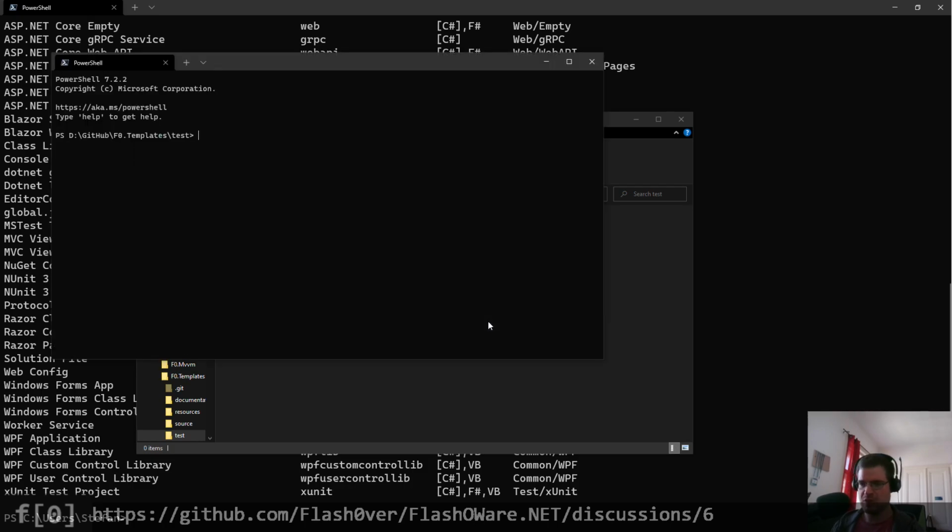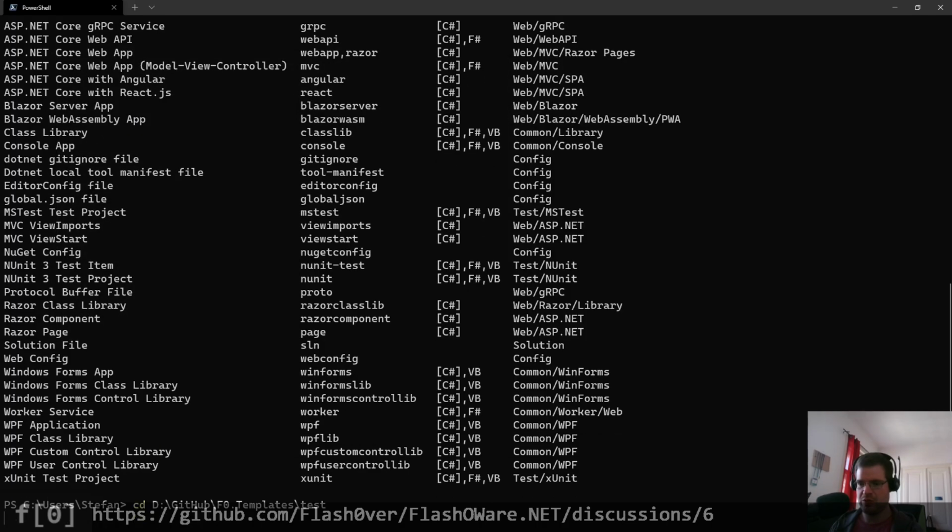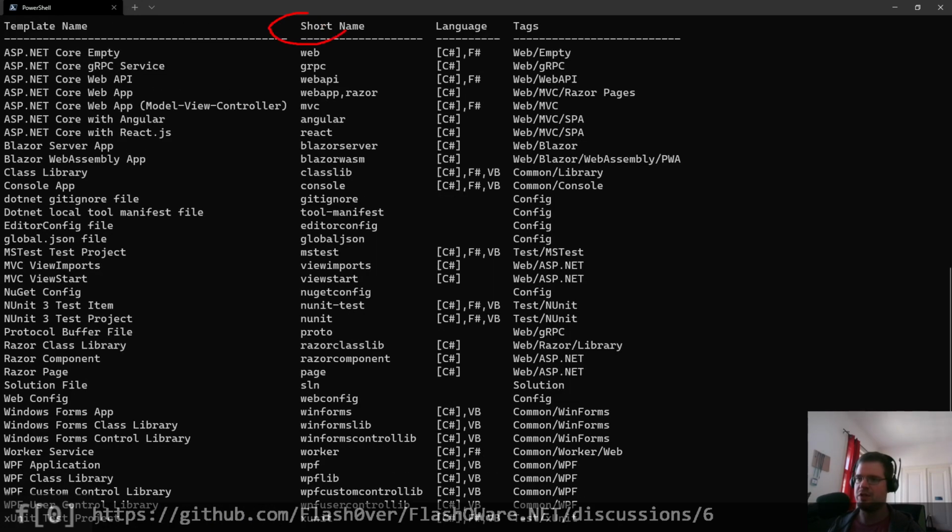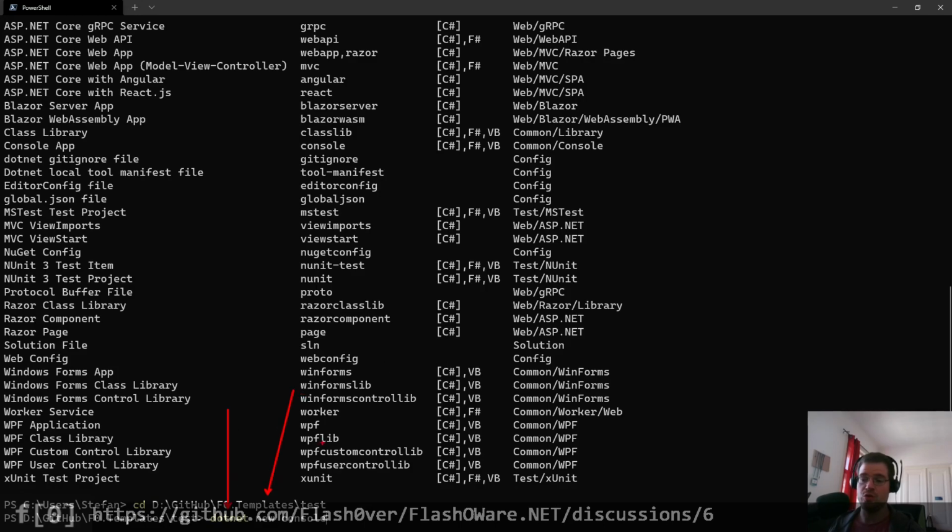Now we can enter the short name, and the short name for a console application is just console. We see there are also different languages available, so we could create it for C#. It's in those brackets, which means it's the default. Also for F# and Visual Basic. And here are some tags. So let's use this name and do .NET New console,